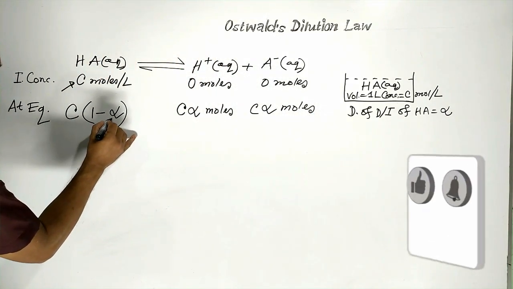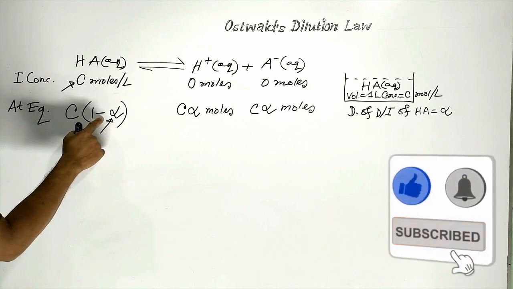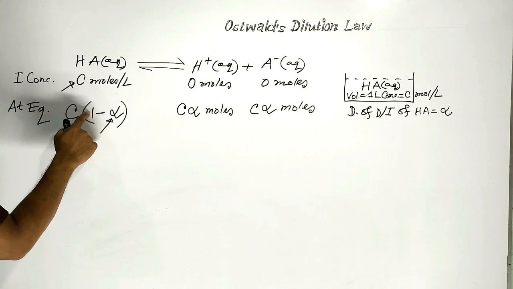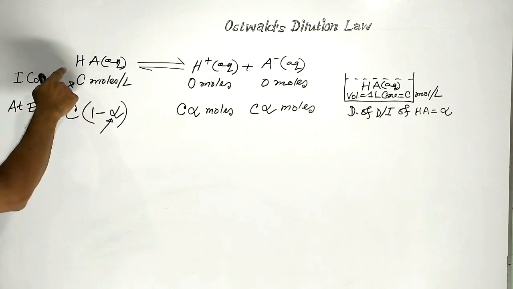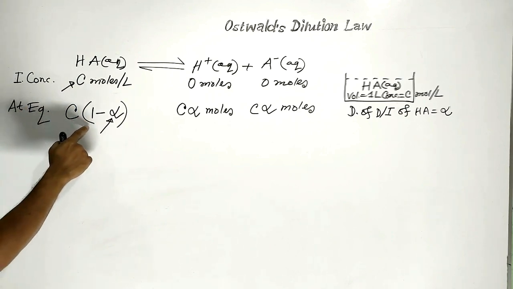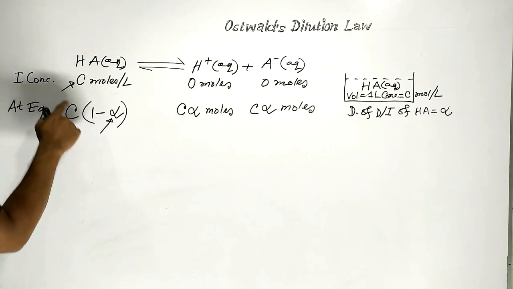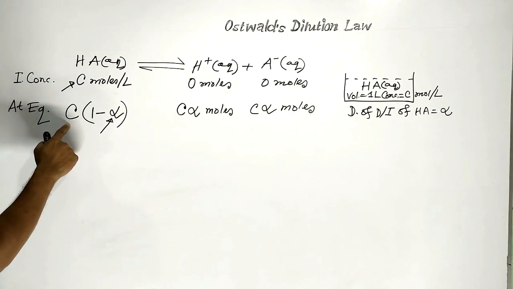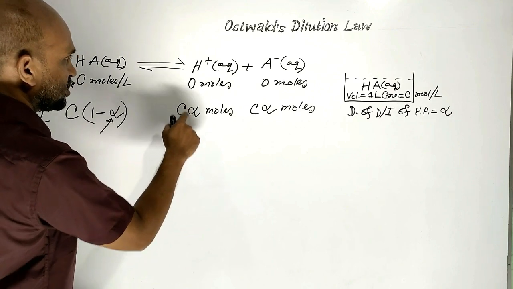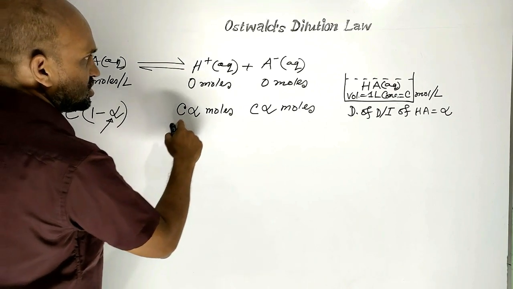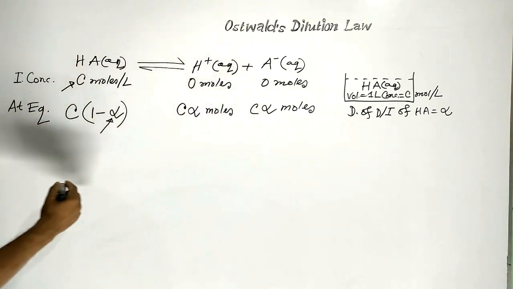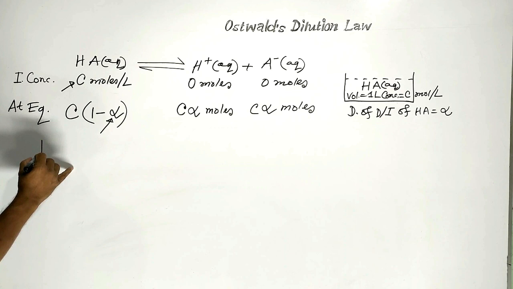Here, alpha is the degree of dissociation or degree of ionization, that is, what dissociates from 1 mole, and the concentration of HA is C. So at equilibrium, the number of undissociated HA moles will be C(1 minus alpha), and similarly moles of proton will be C alpha, and moles of anion will be C alpha. Now, according to the law of mass action,